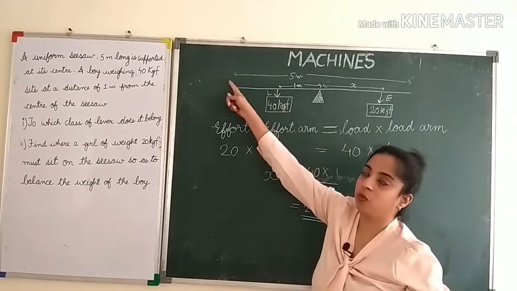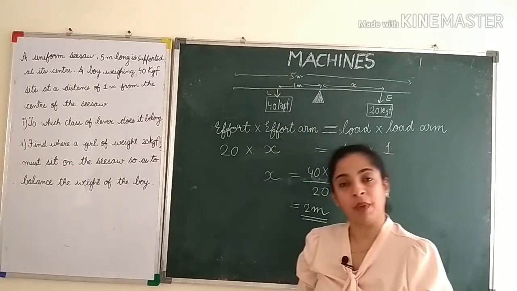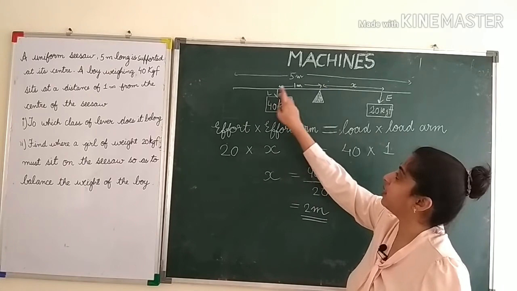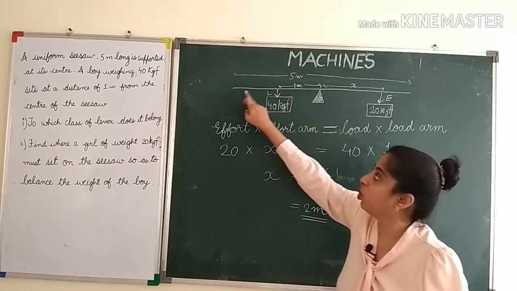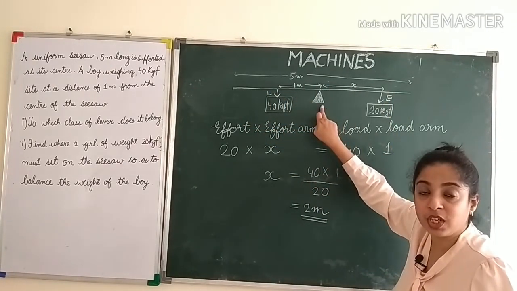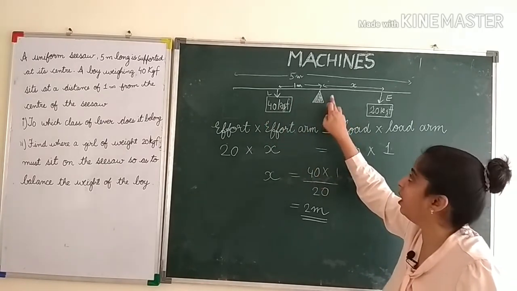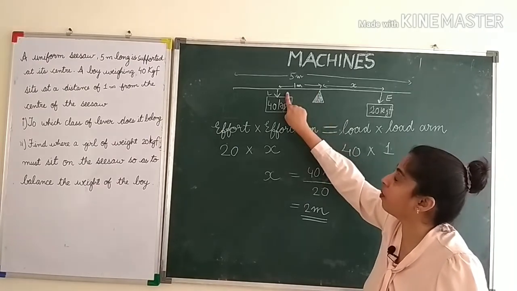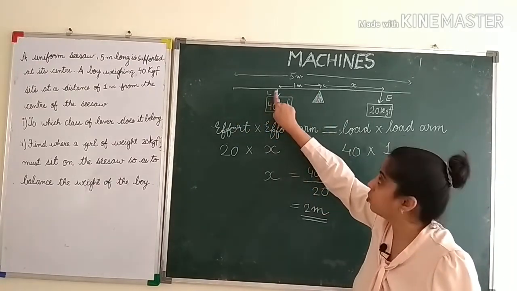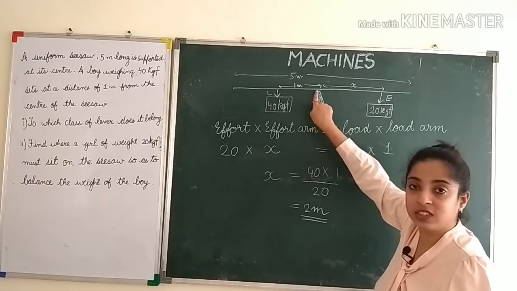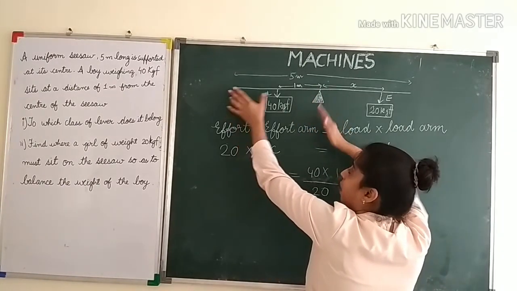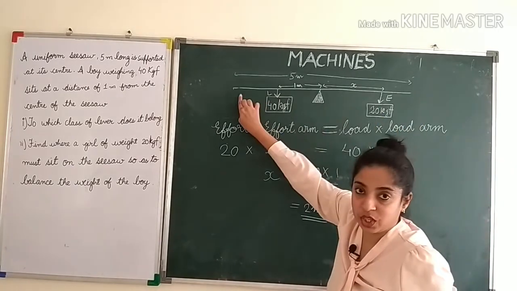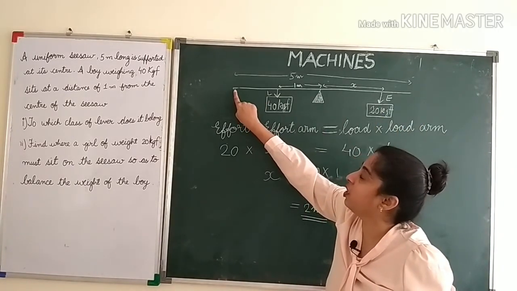Here 5 meter was just given to confuse you, but in exams they can tell you that it is hanged at a particular distance. So first you have to find the position of the fulcrum. If the fulcrum is in between, then it has to be at 2.5. They can tell you this distance not from the fulcrum but from this end. Then you will have to calculate what is this distance. This distance will be 2.5 minus whatever is given. So in this question they can tell you anything.